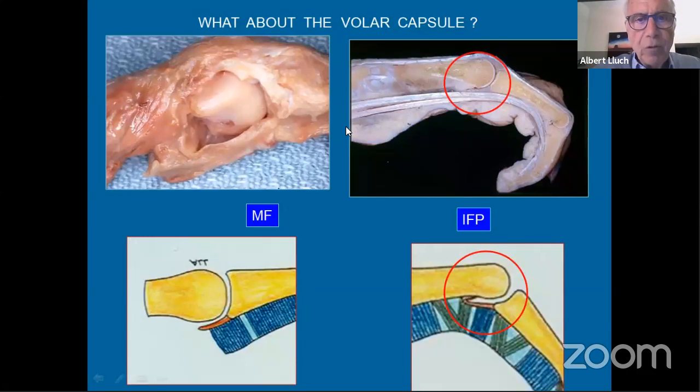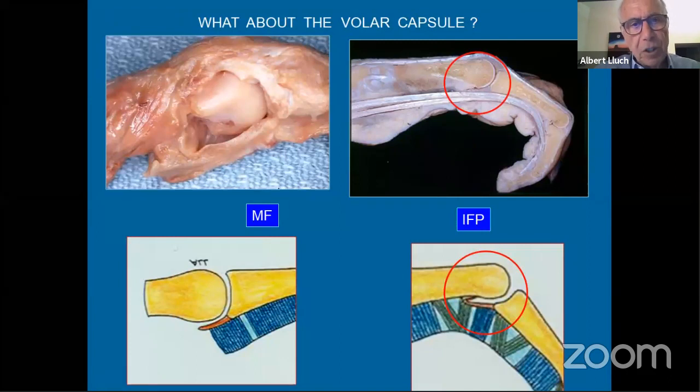Okay, so we know that the collateral ligament is loose in extension, and we don't want to immobilize it in extension because we will have the deposition of collagen fibers into the collateral ligament, and we will never be able to stretch it. But what about the volar capsule? This is an MP joint. This is the volar capsule of the MP joint. In the MP joint, the metacarpophalangeal joint, the